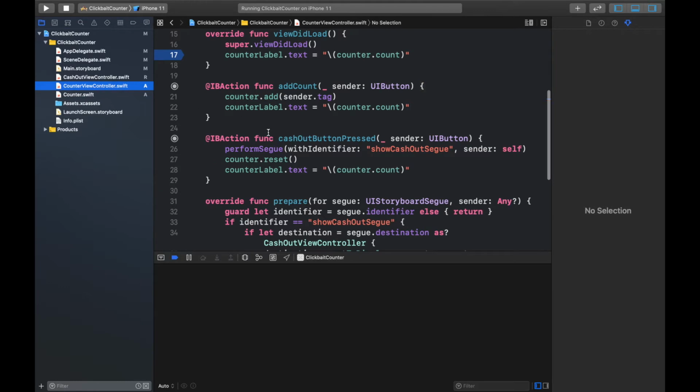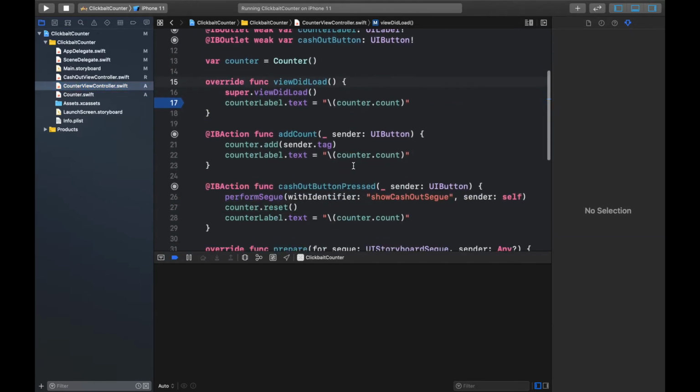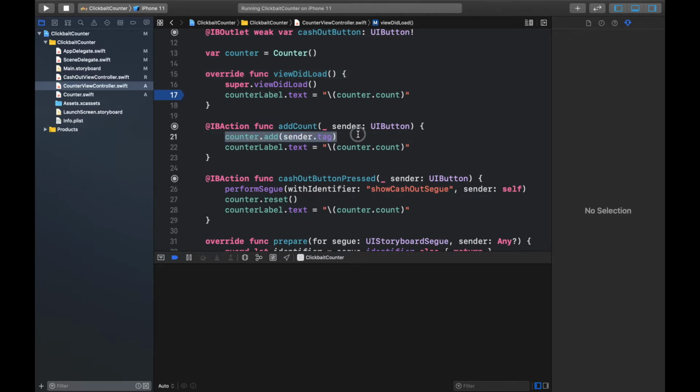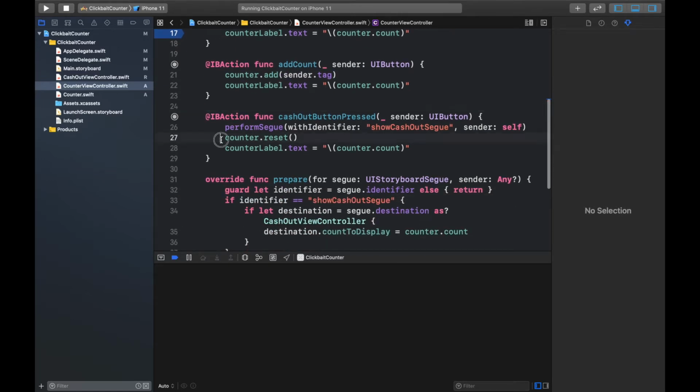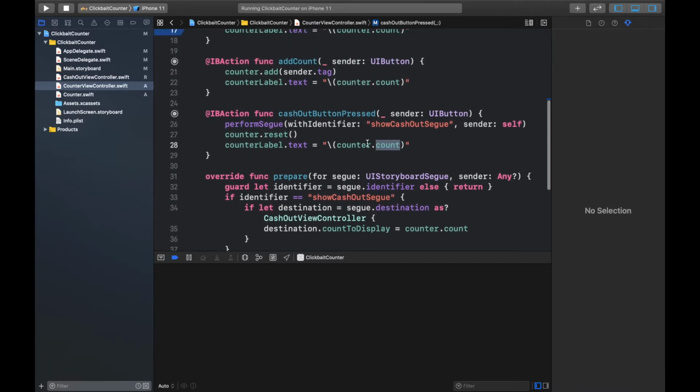Our counter view controller created an instance of this model here and used this model to add to our counter, to reset the counter when we cashed out, and to actually update the view by changing the counterLabel.text to whatever counter's count is. We also made this a multi-view app, meaning that in our storyboard,